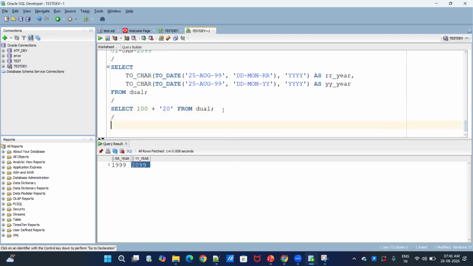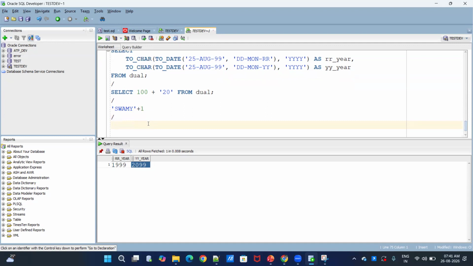I'll ask you a basic question. Swami's name is there in one of the columns. Can we add one to this number? What is the expectation? No, sir, this is a character, no, right? So it doesn't mean it will always go and convert Swami to some number. No, it won't. So why are we using character to number? Sometimes what will happen in real time,